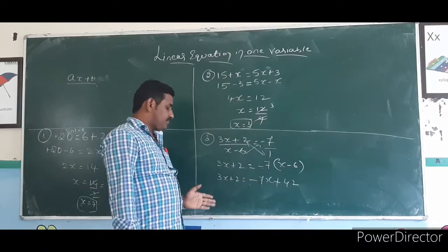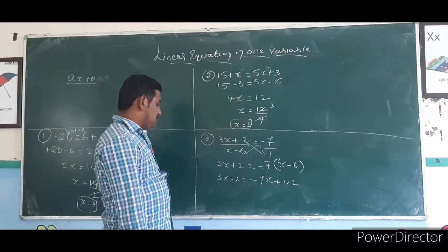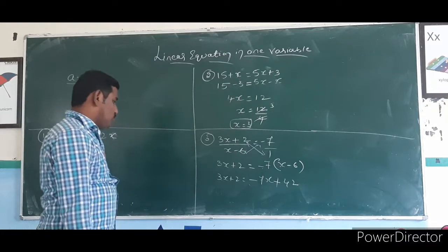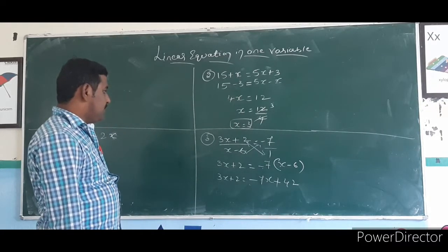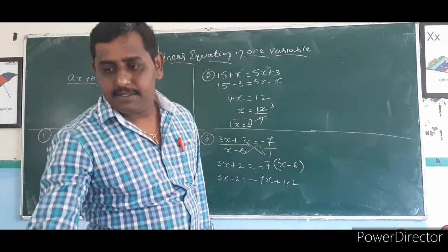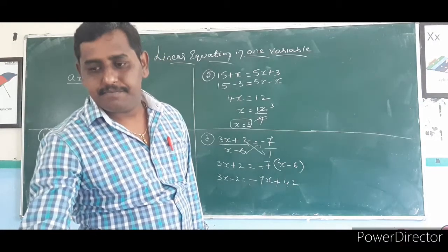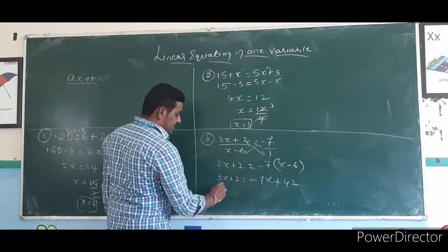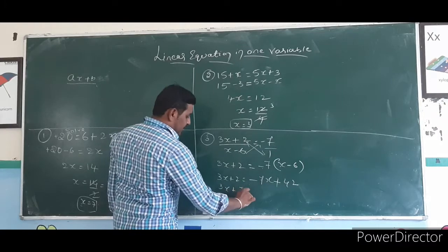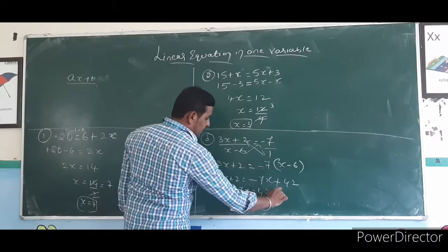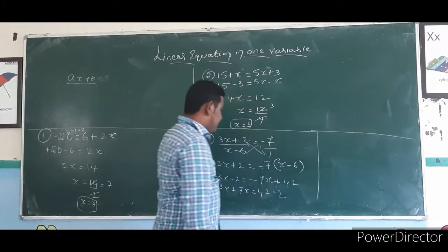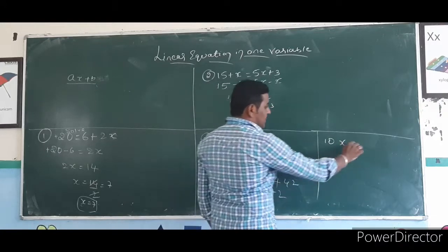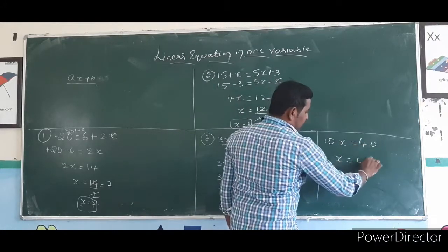Then you can shift this side to this side, minus 7x you can shift to this side. What happened? 3x is there, no? Minus 7x you can shift to this side, plus 7x; plus 2 you can shift to that side, minus 2. So what happened? 3x plus 7x, 10x; 42 minus 2 is 40. x is equal to 40 divided by